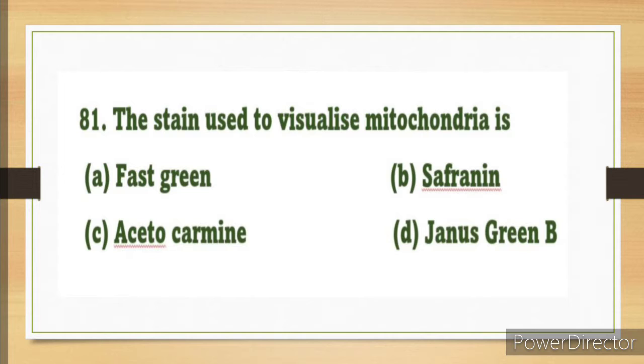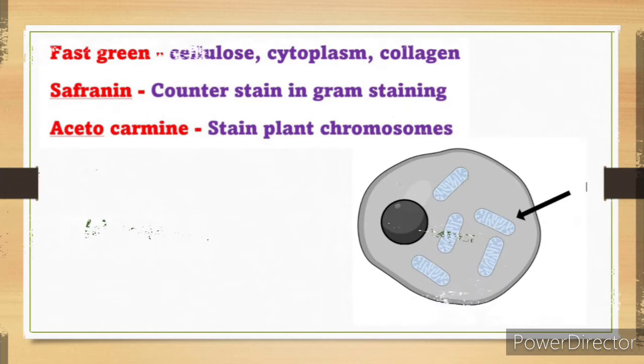So, question number 81. The stain used to visualize mitochondria is. So the answer is option D, Janus green. Janus green B is the vital stain used to visualize mitochondria. It acts as an indicator and changes color according to the amount of oxygen present. So in the presence of oxygen it changes to blue color,